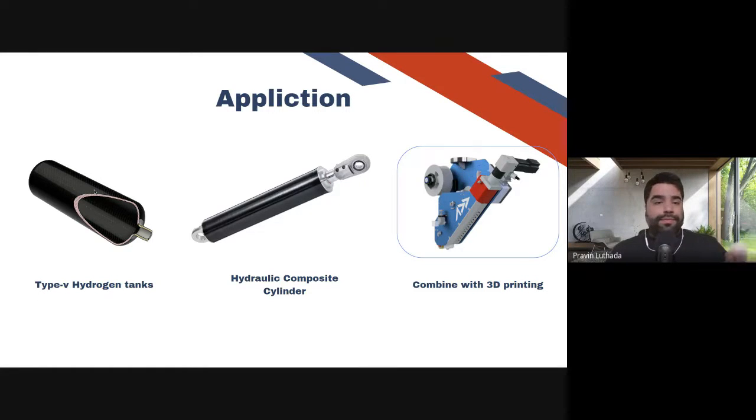But that is, I believe, definitely a growing set of applications, similar to EV motors, but I would say more at the moment in aerospace and the flying taxi space. Then there are hydraulic composite cylinders. I've seen these. I would say these are more